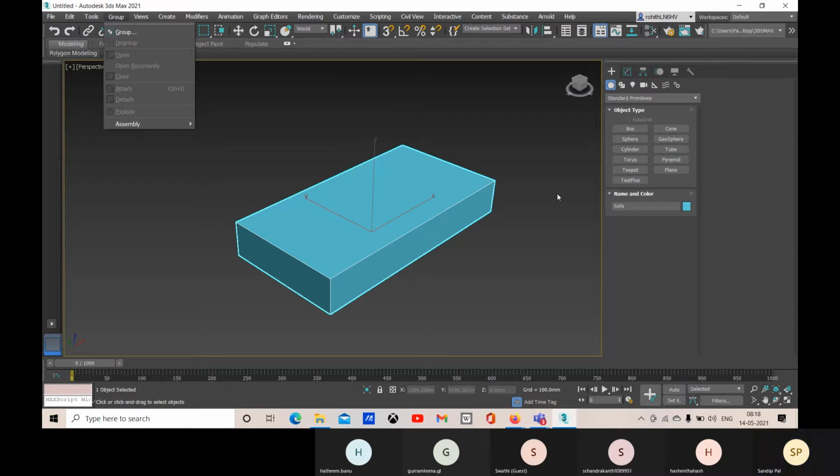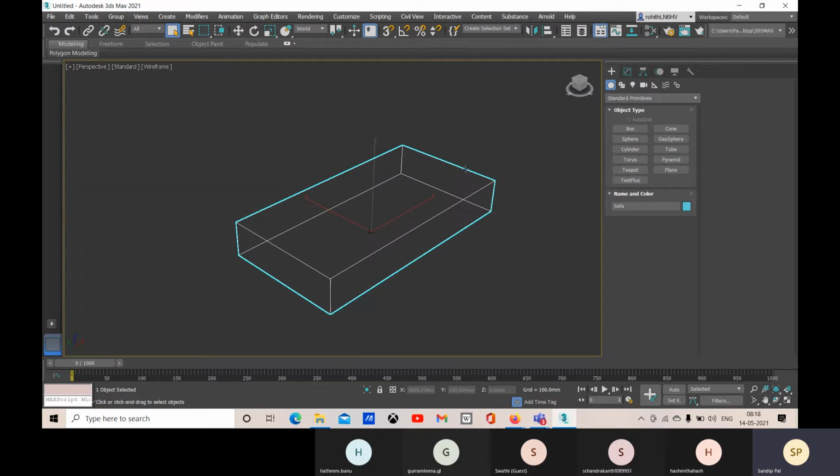So now let me go with F3, and here you can see right now I don't have much segments. So for a 3D model, you need some proper segments so that you can control and edit and modify your normal shape into another shape.